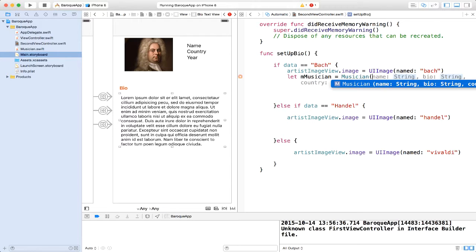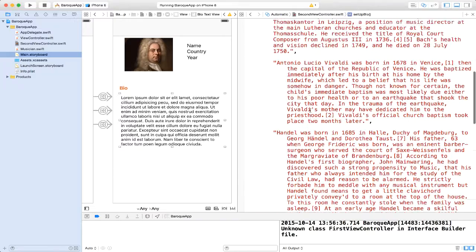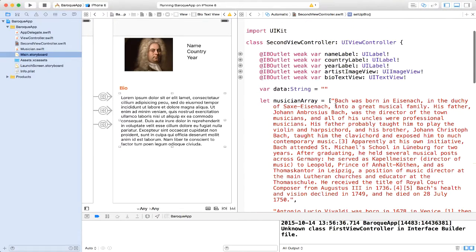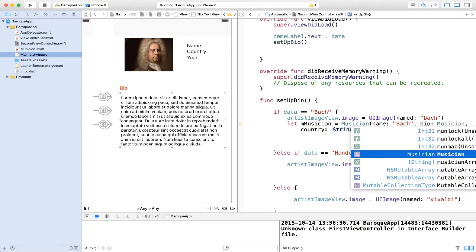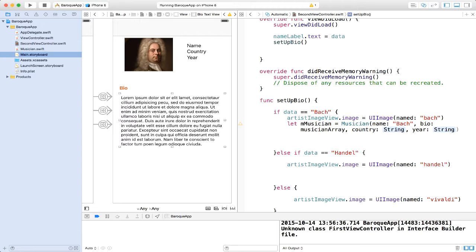And remember, we need to actually go ahead and initialize certain values here. First, name is a string. So for us, we're going to call it Bach. And then the bio, we know that our bio for Bach is in the first index of our musicianArray. So we can access that by just calling musicianArray and passing in the first, which is index 0.